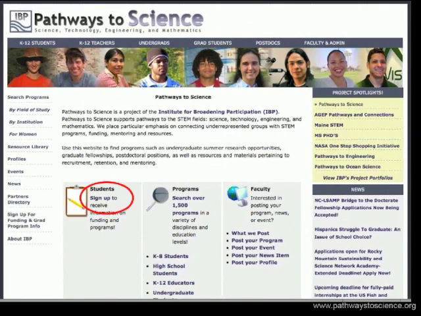Signing up immediately puts resources into their hands. They will immediately get some targeted links, and then from there on out, they will receive some reminders from us. Just as an example, undergraduates will receive a reminder from us to start looking for summer research programs. We try to remind them around the Thanksgiving and Christmas holidays when they have time to really sit down and